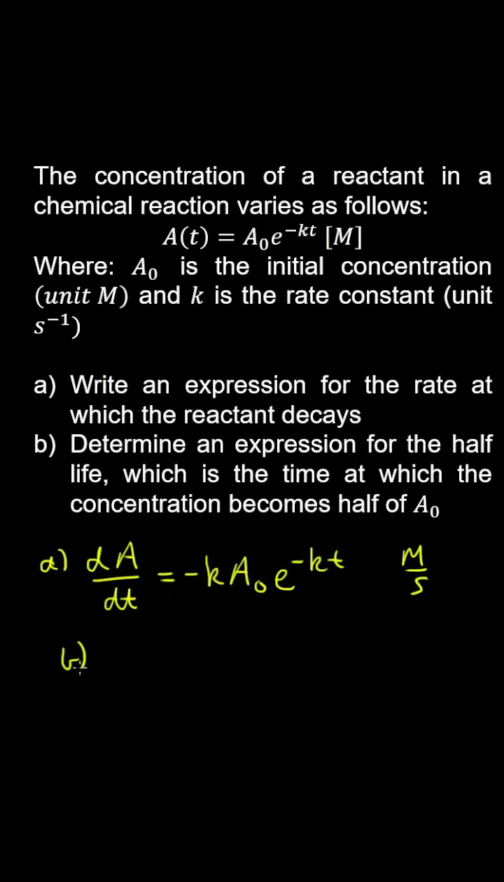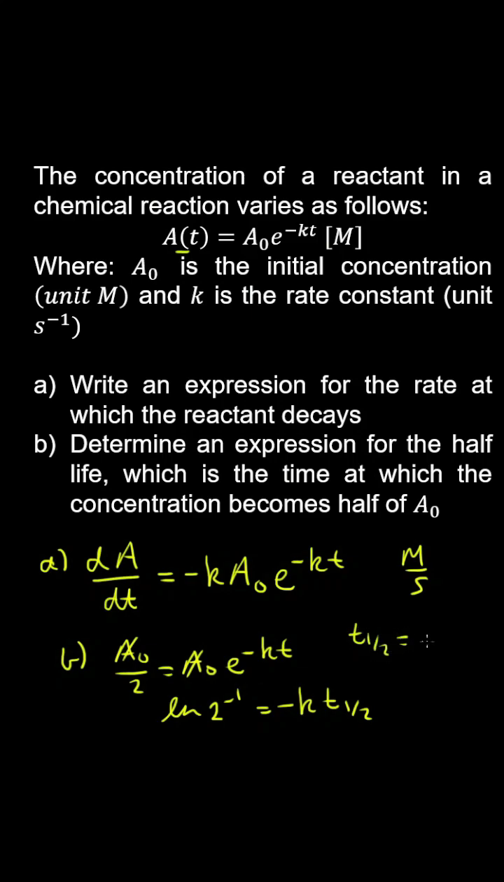And part B asks us to determine an expression for the half-life, which is the time at which the concentration becomes 1/2 of A0. So we substitute A0 on 2 is equal to A0 times e to the minus kt, and cancelling A0 and taking the natural log of both sides, we get the natural log of 1/2, or the natural log of 2 to the minus 1, equals minus kt, and we write t 1/2 to signify the half-life. Using the log rules and dividing through by minus k,